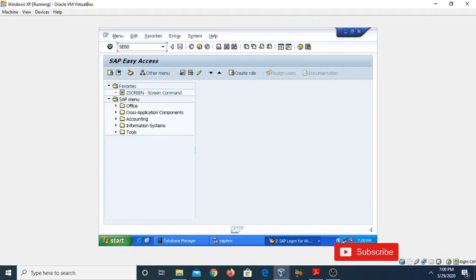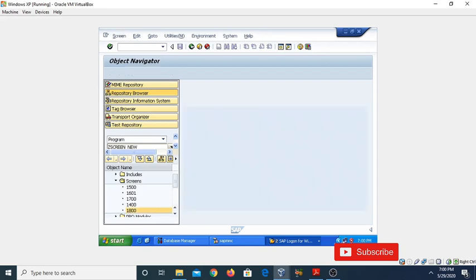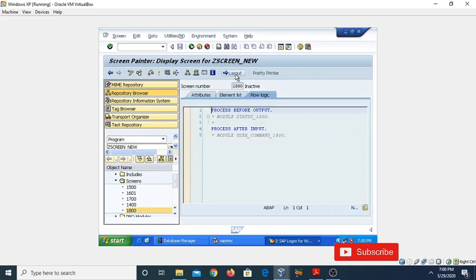come to the particular program using the Object Navigator, where we have a program ZScreen_new, and you can see I have created many screens. For this purpose I am selecting screen number 1800. Now go to the layout editor.